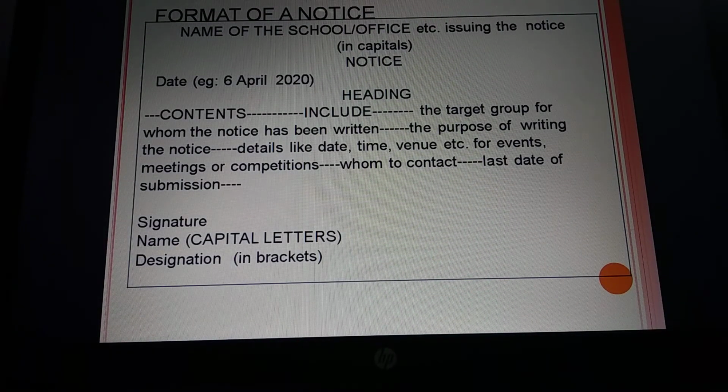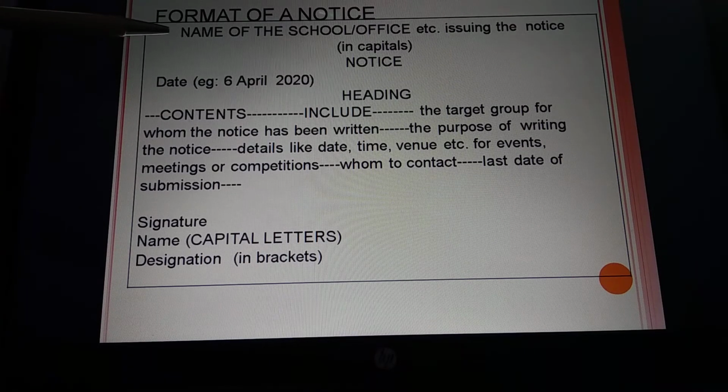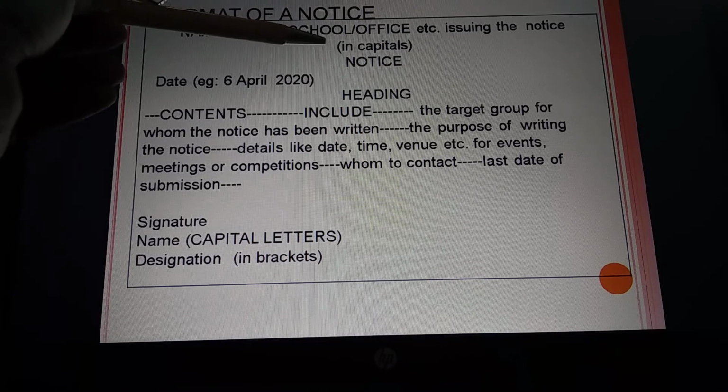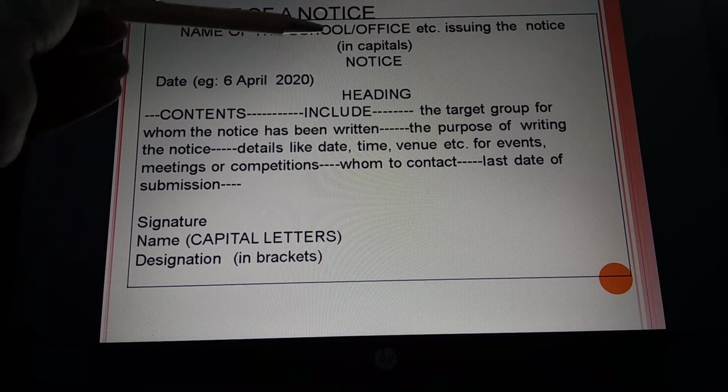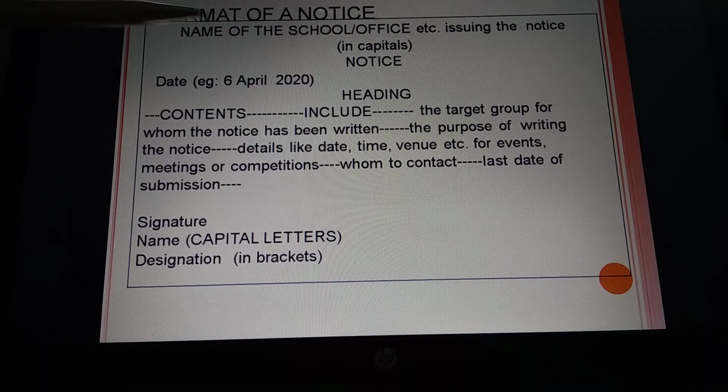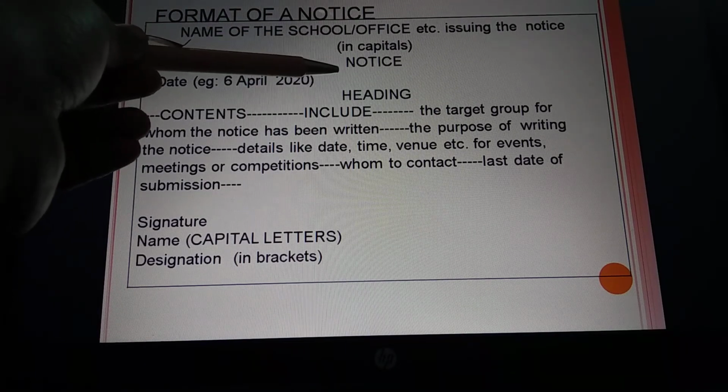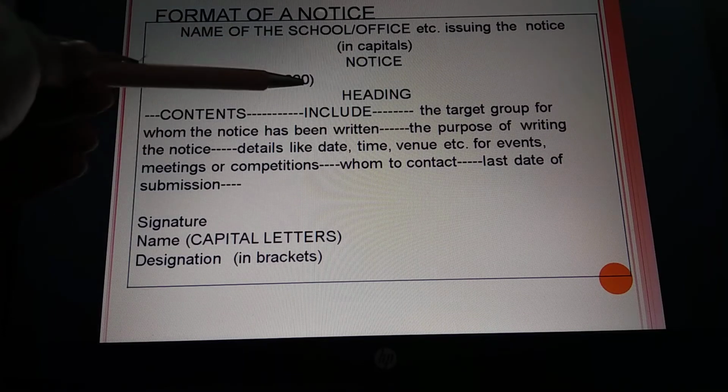Many of you are already aware of the format, so for them it's a recap, and for those who are new to this, let's see the important parts of the notice one by one. First of all, at the top, what can you see? Yes, the name of the school or the office issuing the notice, and what I've mentioned in the brackets in capital. Usually it is written in capitals. Then the word notice itself in capital letters again,